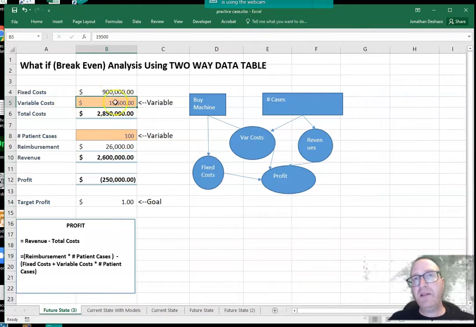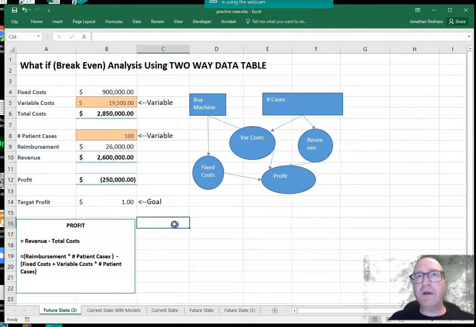And so if we can change variable costs a little bit, maybe adjust patient cases a little bit, how many do we need to see? How much of the variable costs do we need to adjust in order to break even or maybe make a profit? So to do a two-way data table, it's a series of rows and columns. So we'll make a row of patient cases, of the numbers of patient cases that we want to see. And so I'll try